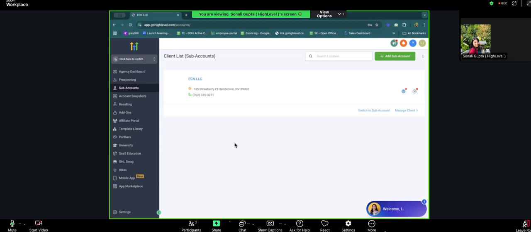I'm looking at something on the screen right now that you can answer two questions about. One is the template library. What is that? And the affiliate portal. There are two things on the left-hand side of the screen, just so I understand.